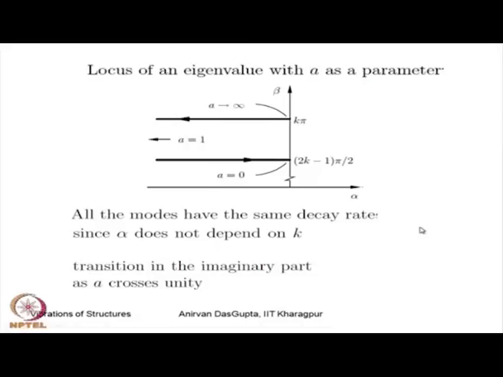As you can see, all modes have the same decay rate, as alpha does not depend on k. So, all modes will have the same decay rate, and there is a jump from this value to this value as A crosses 1. So, we have considered one case of a bar with boundary damping. Let us look at another example, of a string